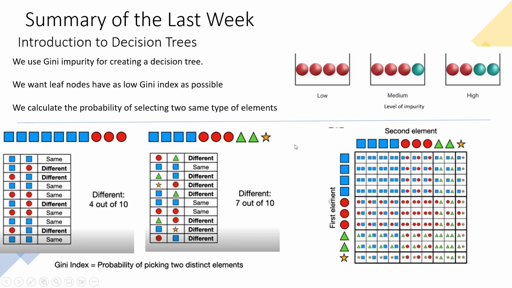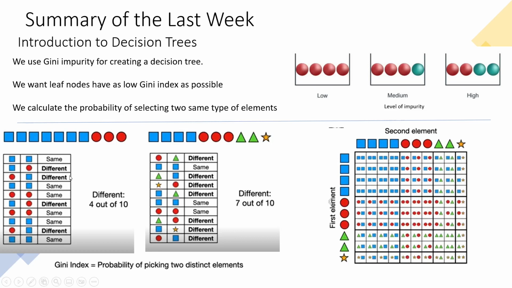The way we calculate the Gini impurity index is we take the probability of picking 2 distinct elements. In this case, for example, we have 10 elements here, and we have 10 elements here as well. Since this set is more uniform, we have just 2 classes,